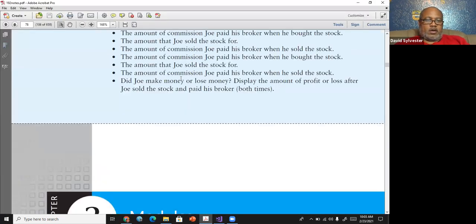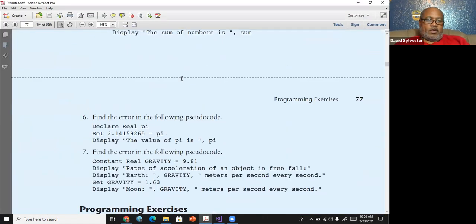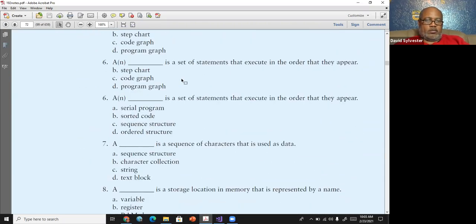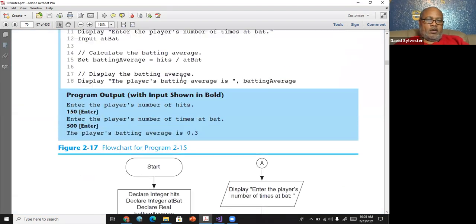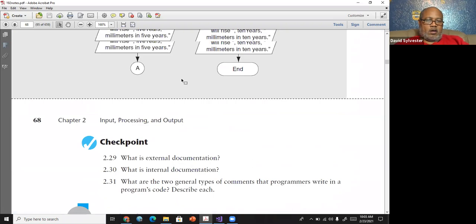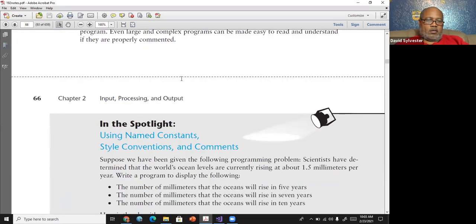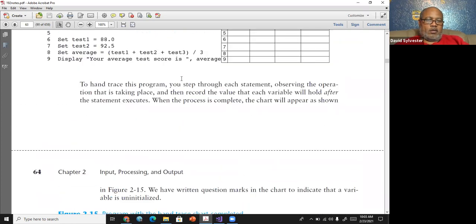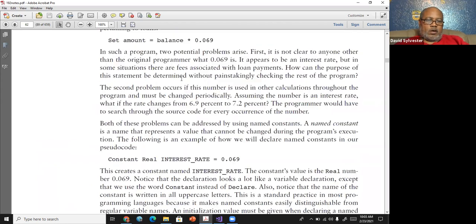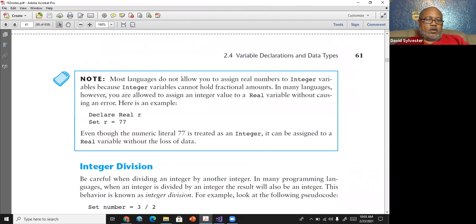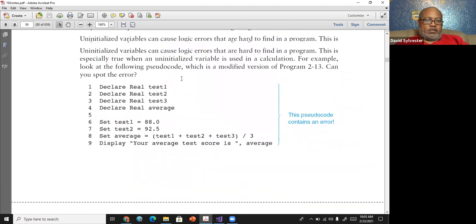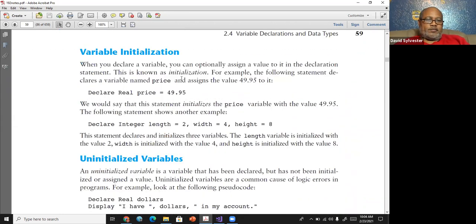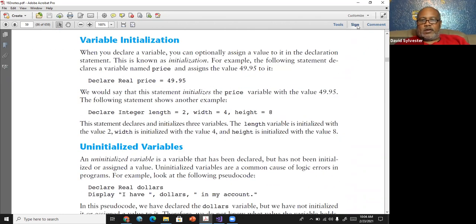So let's look at our notes. We're pretty much at the end of chapter 2, but I wanted to complete those notes before we end it. So let's look here. We got the comments document. We kind of stopped in this area where we were talking about variables. So now, let me move this to the side.